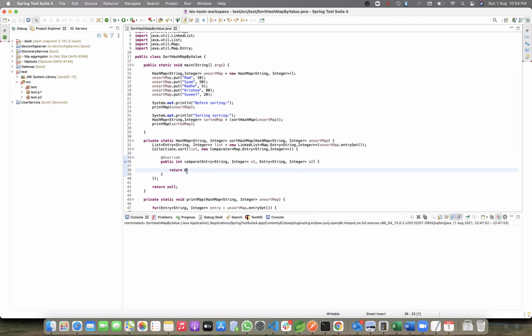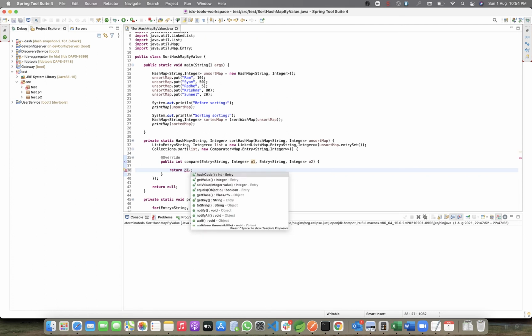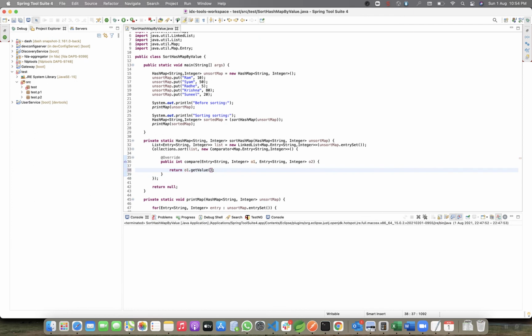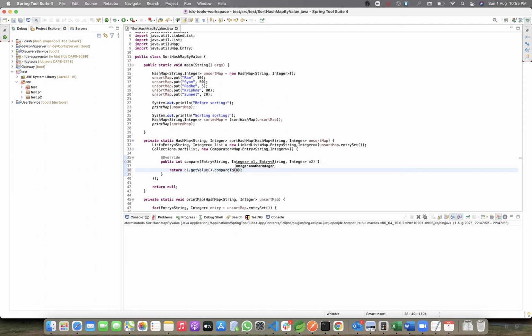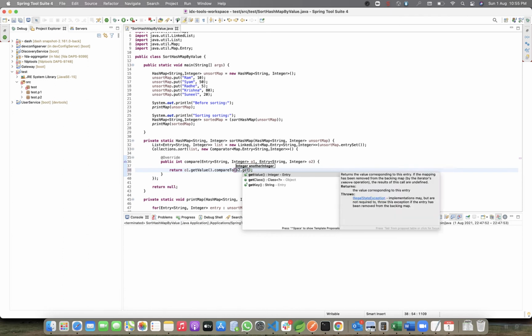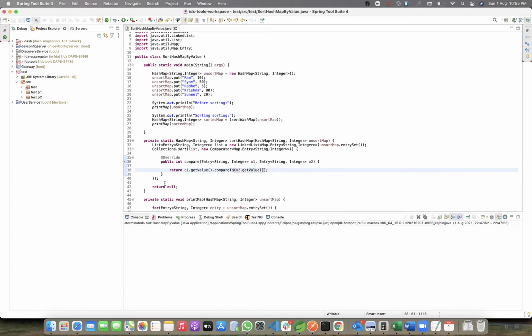Here we can write the logic to compare two objects. o1 dot get value dot compare to o2 dot get value, which means we are sorting entries based on the value. This will compare and sort the linked list.